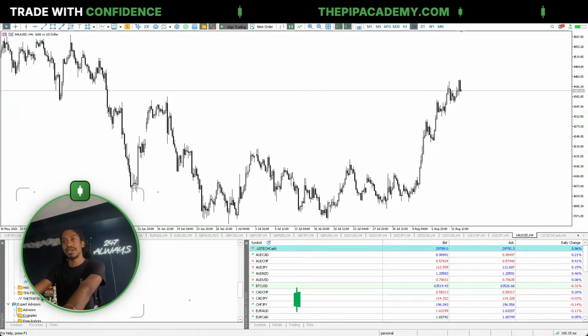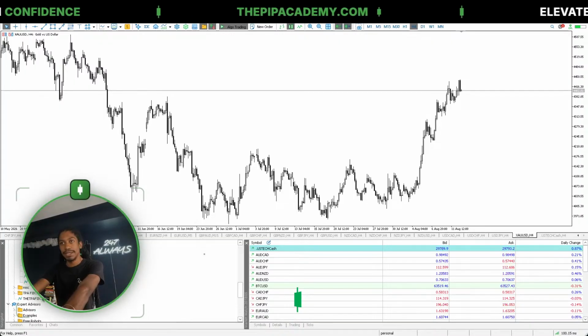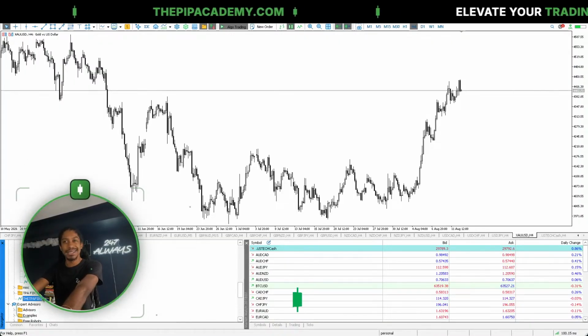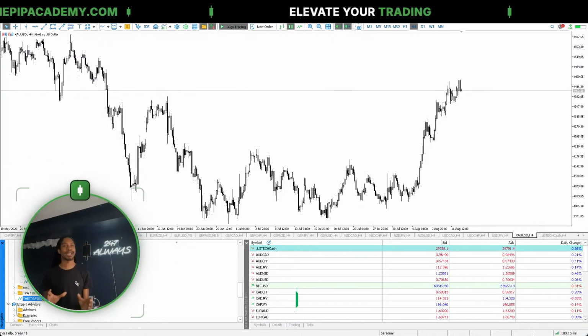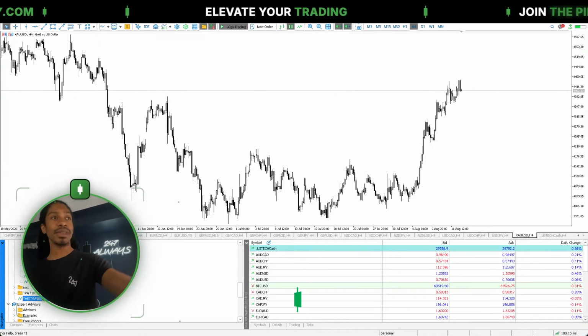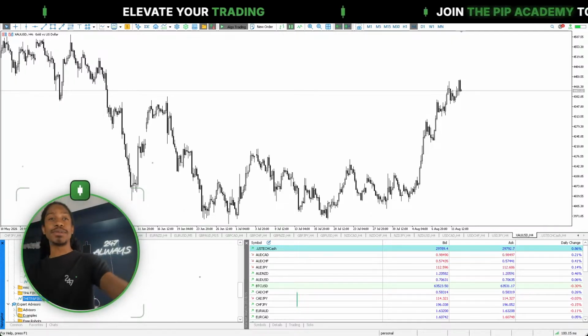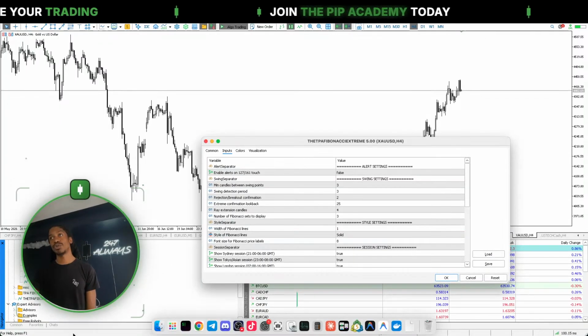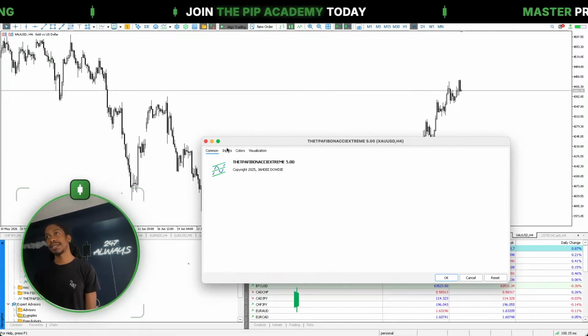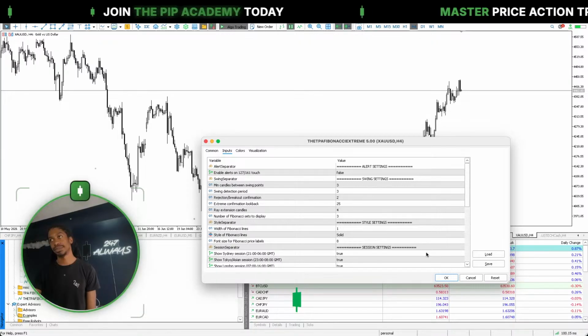So this indicator, you add it in, you can get it on the website, it is there, and it's also in the Discord. You just need the Initiate Trading Package, which is free, as is everything I'm talking about in this video. So you take the indicator, you drag it on, and then you can see that there are some